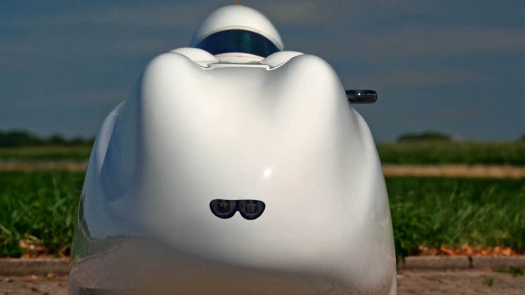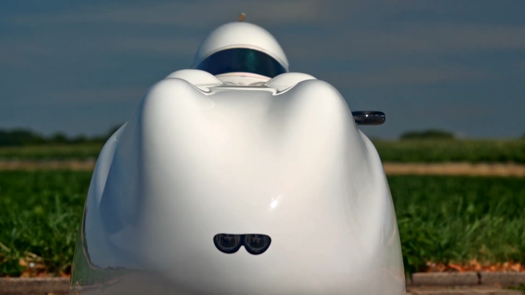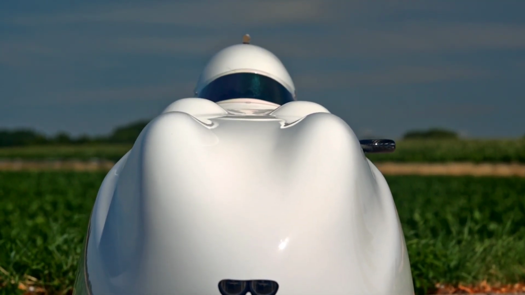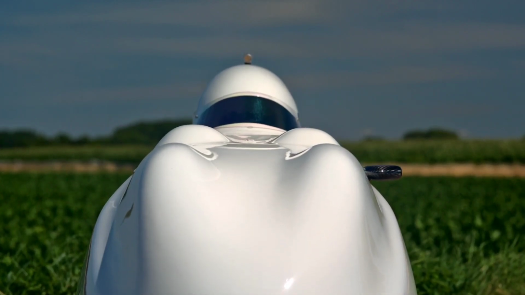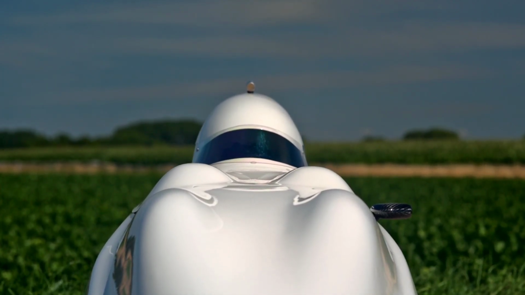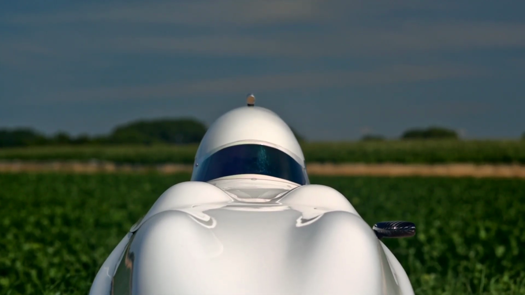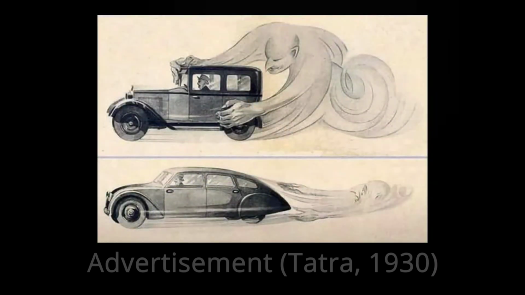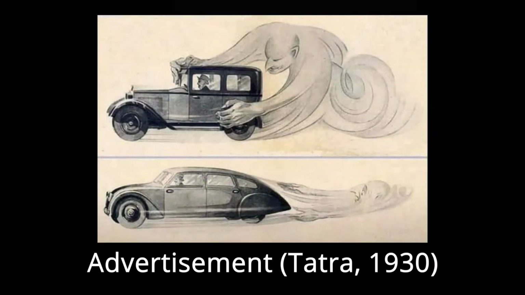The coefficient of drag tells us how easy it is for the air to flow around a body. The lower the coefficient of drag, the easier it becomes. So a low coefficient of drag will make the frontal area of a body feel smaller to the air, which in turn will make it easier for the body to slip through it.